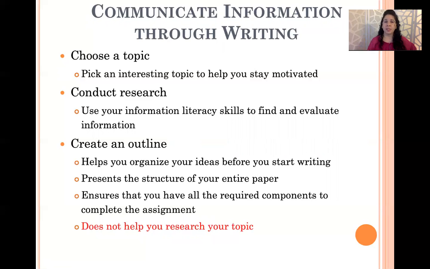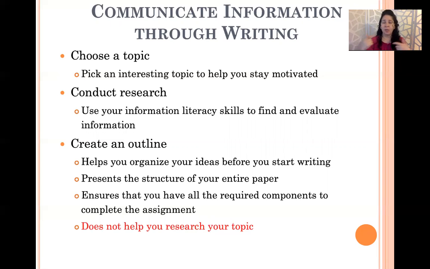And then you're going to start to sit down and create this outline. This is a step that a lot of students miss, and I think it's really, really important. The importance of creating an outline is that it helps to organize your thoughts. Because typically when we have to write a paper, we're overwhelmed. We're overwhelmed with all the information we found. We don't know what to include and how to include it. So the outline gives us structure. It gives us a body. And so it helps our mind to organize what we're going to talk about, right?